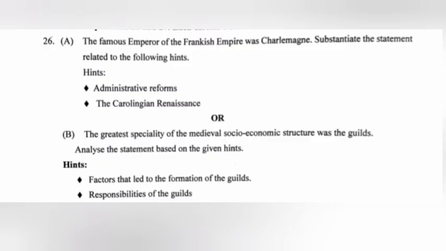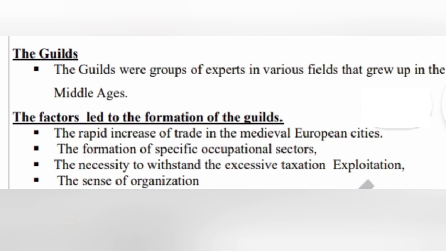B. The greatest specialty of the medieval socio-economic structure was the guilds. Analyze the statement based on the given hints. Answer: The guilds were a group of experts in various fields that grew up in the Middle Ages. The factors that led to the formation of the guilds: the rapid increase of trade in the medieval European cities, the